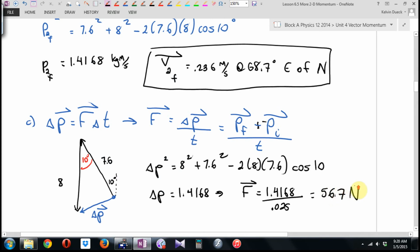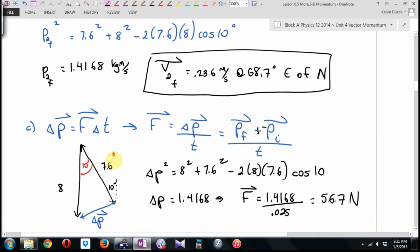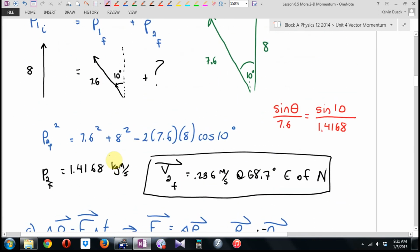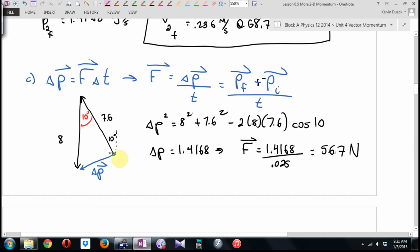Oh, but they also wanted a direction because it's a force, which is technically a vector. So 56.7 newtons. Now here's the nice thing, Antle, you're right. With cleverness, I think I can say, what do I want? South of west is what I used, did I? Or west of south? South of west, I went 20. Oh, and I used a different angle up here, didn't I? I said 68.7 degrees east of north, which is 21.3 degrees north of east. I think I can make the argument that this angle right here